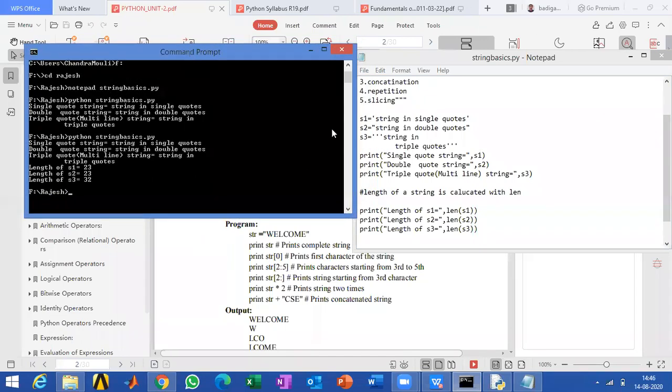32 is 1 2 3 4 5 6 7 8 9, and spaces also it is going to calculate, 10 11 12 13 14 15 16 17 18 19 20 21, 23. So